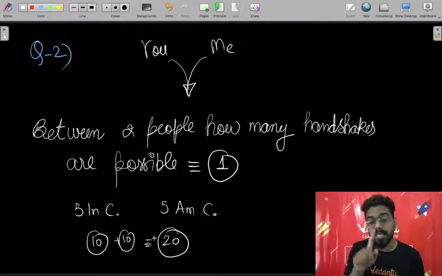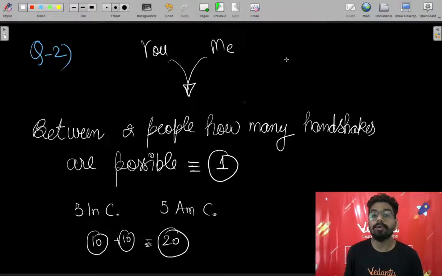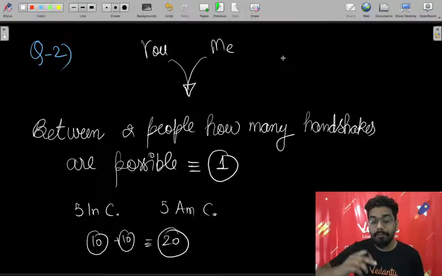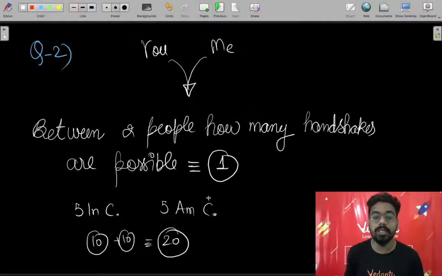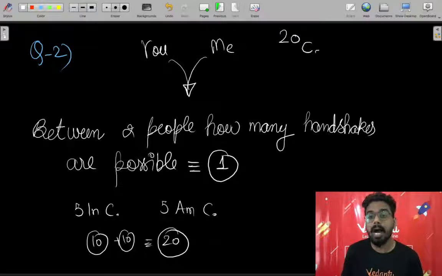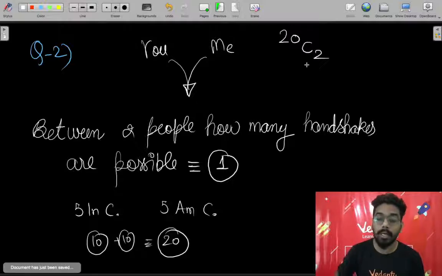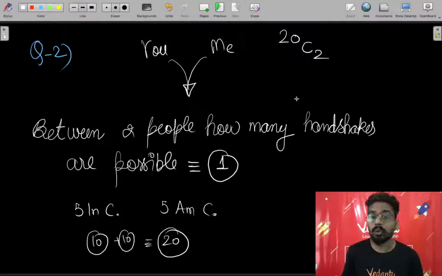Now every 2 people is having 1 handshake. So if we will select 2 people, it will be counted as 1 handshake. So every pair will contribute 1 handshake. So I will count how many total different pairs I can make by using the 20 people. To make a pair or to make a team of 2 people, what I will do just selection of 2 people out of 20. मैं 20 में से 2 लोग सेलेक्ट करके डिफरेंट पेयर बनाऊंगा, एंड एवरी पेयर विल कंट्रीब्यूट 1 हैंडशेक. So 20C2 is the total number of pair, and also 20C2 will give you total number of handshakes,